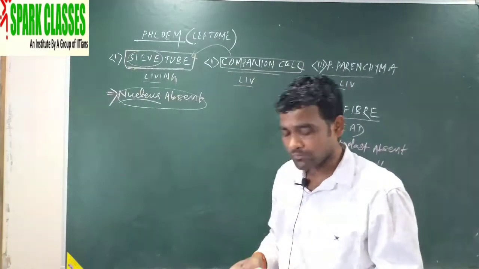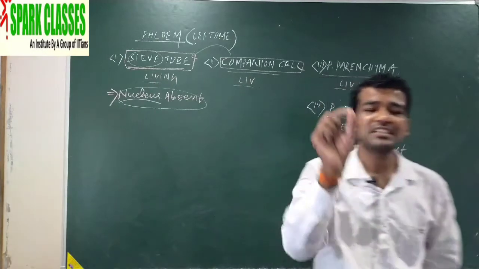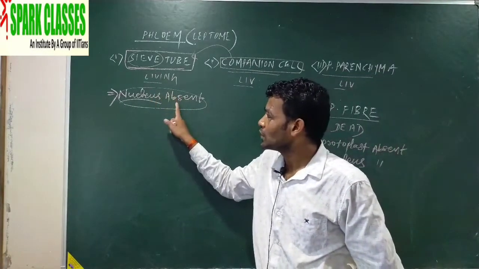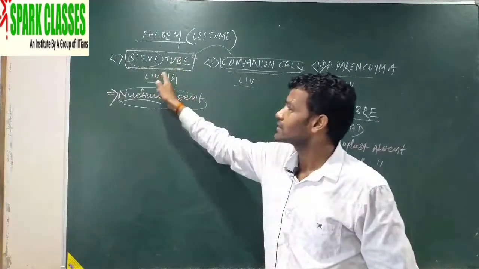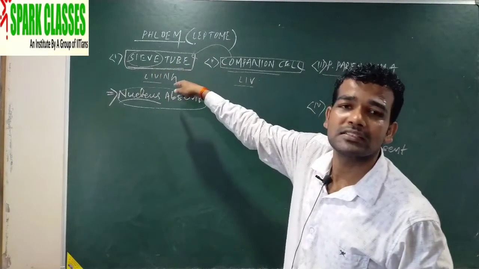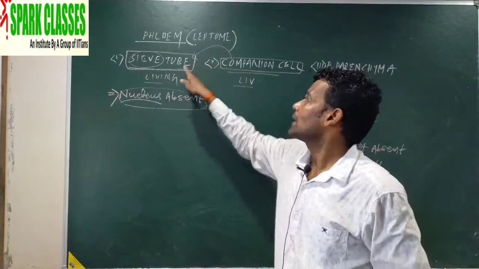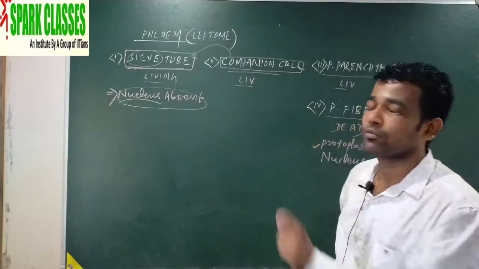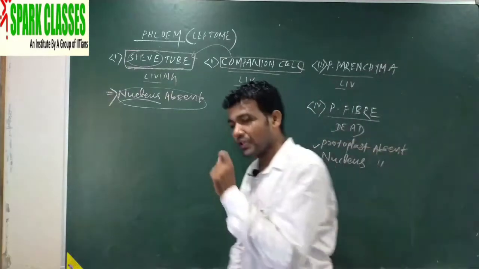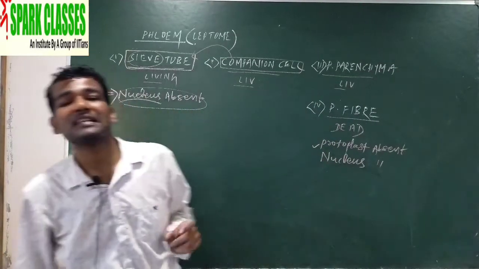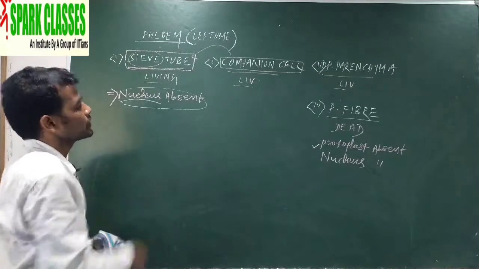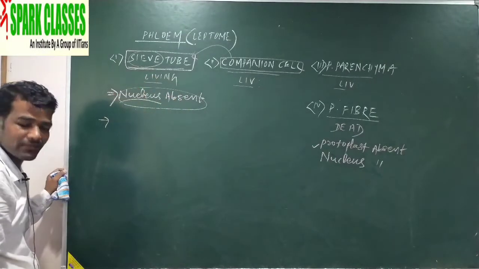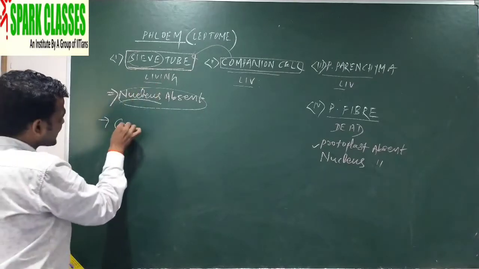So if question comes, nucleus is absent in case of sieve tube, it is true. But due to absence of nucleus, some functions are absent. These functions are controlled by companion cell. So companion cell performs some of the functions of sieve tube. And what are these functions? The companion cell maintains a pressure gradient inside the sieve tube. Companion cell, what is the function of companion cell in case of sieve tube? The companion cell